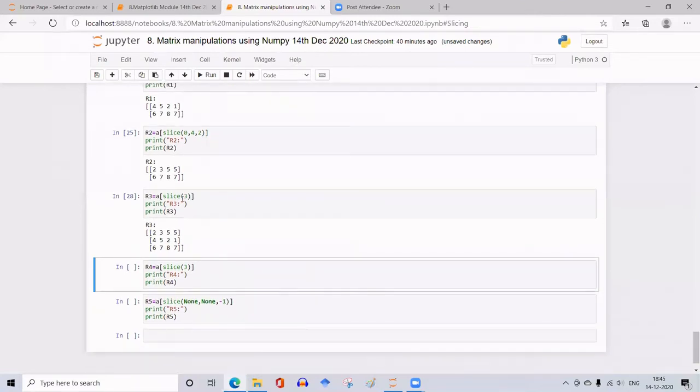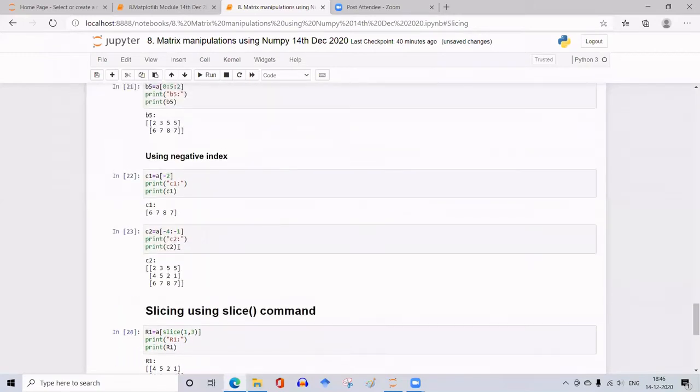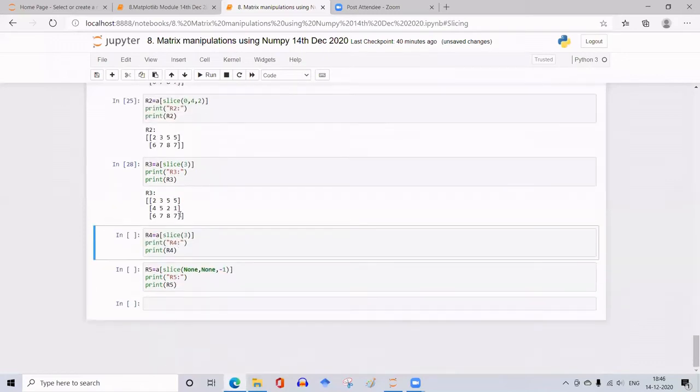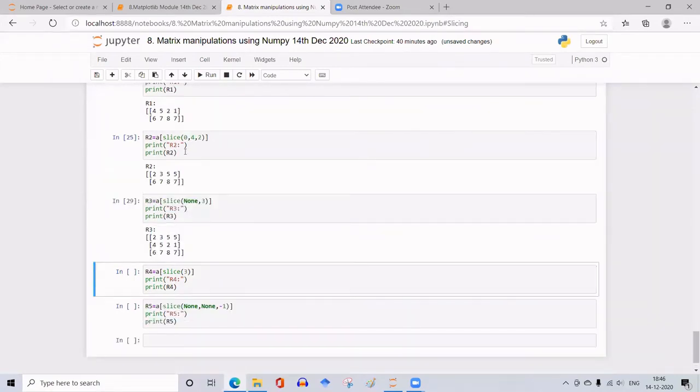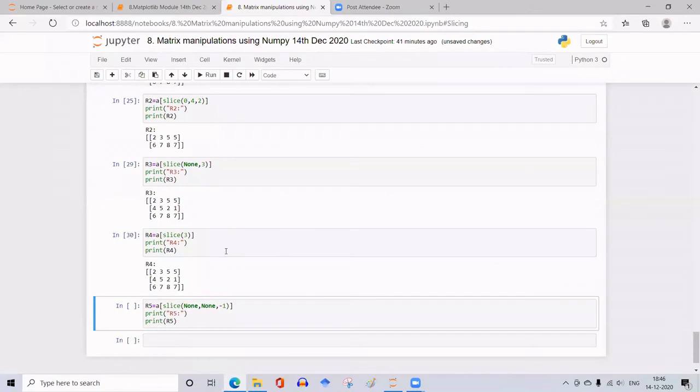So it will start from 0 and end at 3 minus 1, that is 2. 3 minus 1, is it correct? 3 minus 1 is 2. So suppose if it is confusing for you, you can write None in place of that and proceed. You get the same thing. Okay, so the same thing here, I will do it.